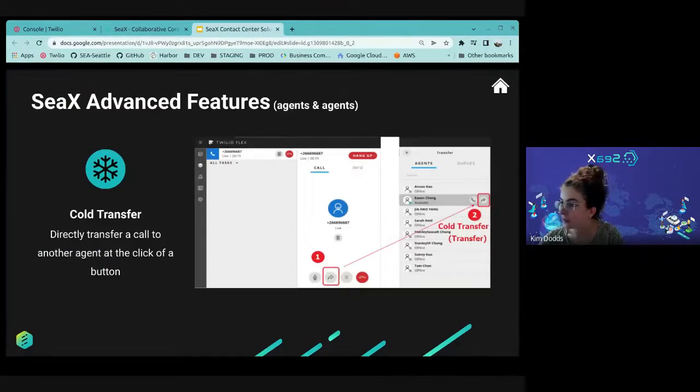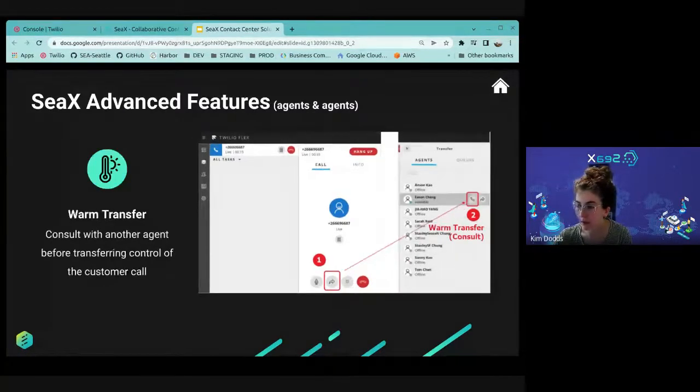So the next thing will be transferring. When a call comes in and the agent is talking to a customer, they may need to transfer that customer to a different agent, maybe somebody in a different department or who's talked to that person before. So we have two ways to do that. The first is a cold transfer, which just means you're going to immediately send that customer over to the other agent. The second is a warm transfer, and that just means that the two agents will have a minute to